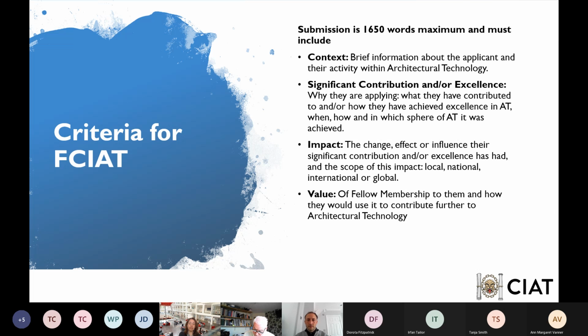So when you think of the examples that you want to submit, when you think of the case studies you want to include, it might be worth listing down what projects, what examples you want to include, and then narrow it to 1 or 2 and focus on those only. Because if you try to cover everything you do, you won't have enough space on the application to remain within the 1,650 words. So pick 1 or 2 examples that you're most proud of, where you have made an impact